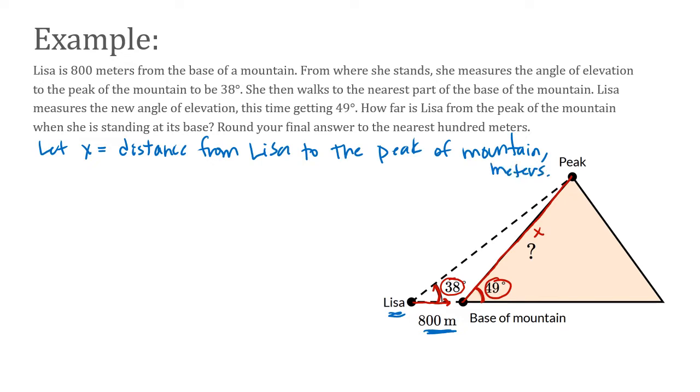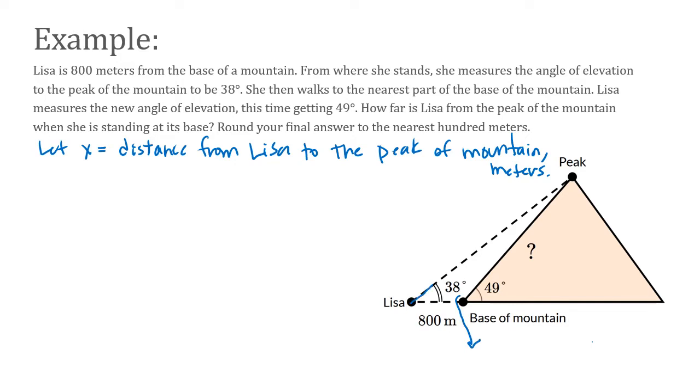Okay, so what do we have going on here? We were given an angle of 38 degrees. We were given the side of 800. And we were also given an angle of 49 degrees. Now, 49 degrees is not in the same triangle as the 38 degrees and the 800 are. Wouldn't it be nice, let me just erase some of this. It would be real nice, and I think possible, if we could find out what this angle is so that